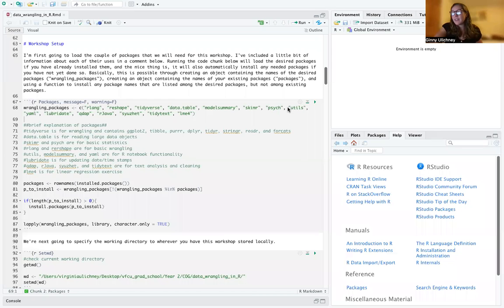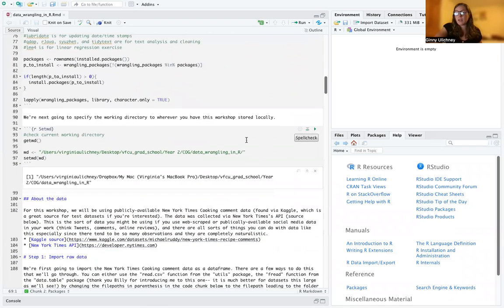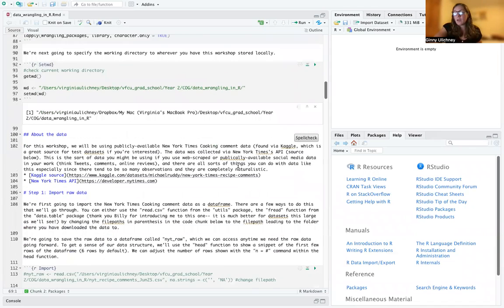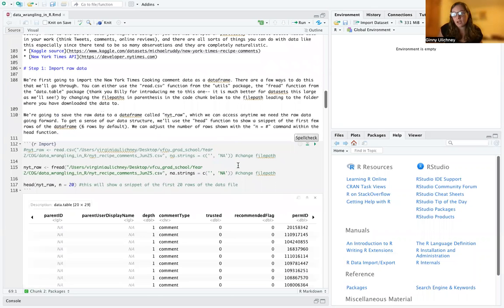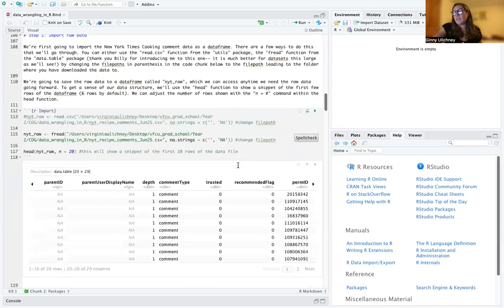Okay, so to get started on the workshop, you're first going to go through the workshop setup section, which will allow you to import and install the libraries you'll need for this workshop, as well as to change your working directory by changing the file path here to wherever you have this folder saved locally to your computer containing the workshop. So then you're going to import the raw New York Times cooking comment data, which, as you can see,